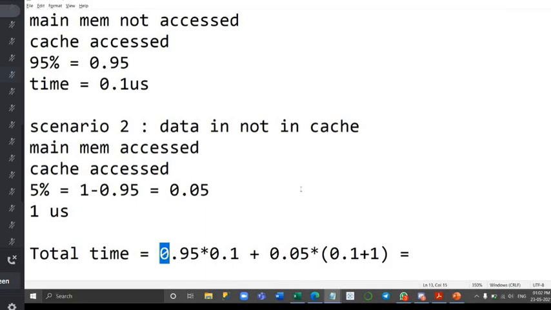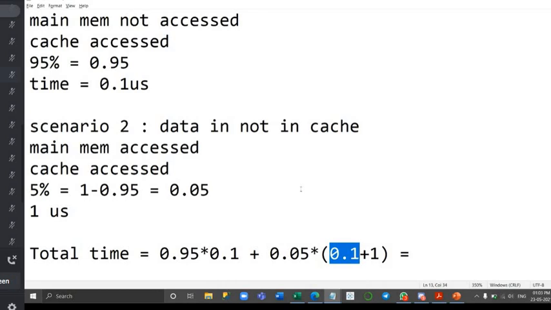Okay. So this is the cache hit ratio into the cache access time. This includes all the time when the cache is being hit. The total time the cache is being accessed for a cache hit scenario is 0.95 into 0.1. Now we come to the cache miss scenario. The cache miss scenario is the cache miss ratio, which is 1 minus cache hit. Okay? So 0.05 is the cache miss percentage, multiplied by, every time a cache miss happens, first the processor comes to the cache in the hope that, okay, I will find my data here, so I don't have to go to the main memory. So this 0.1 is for the initial cache access that the processor does before going to the main memory.